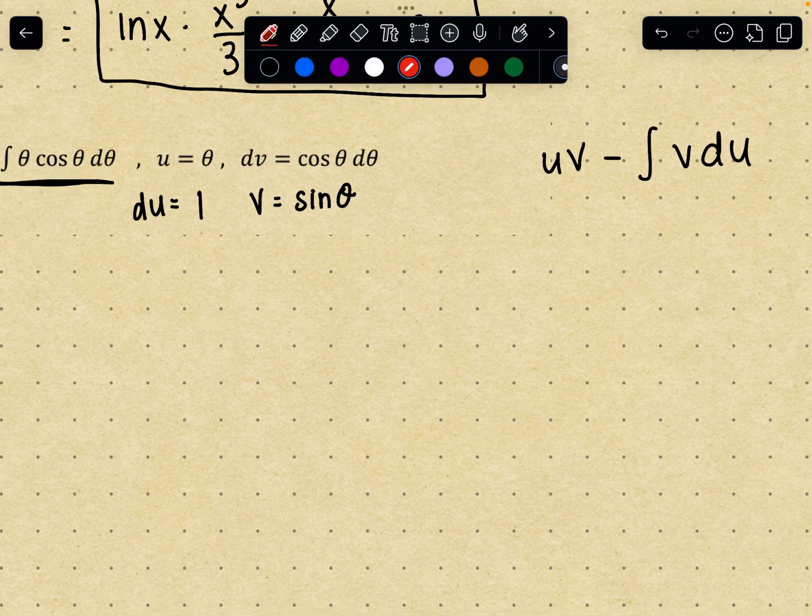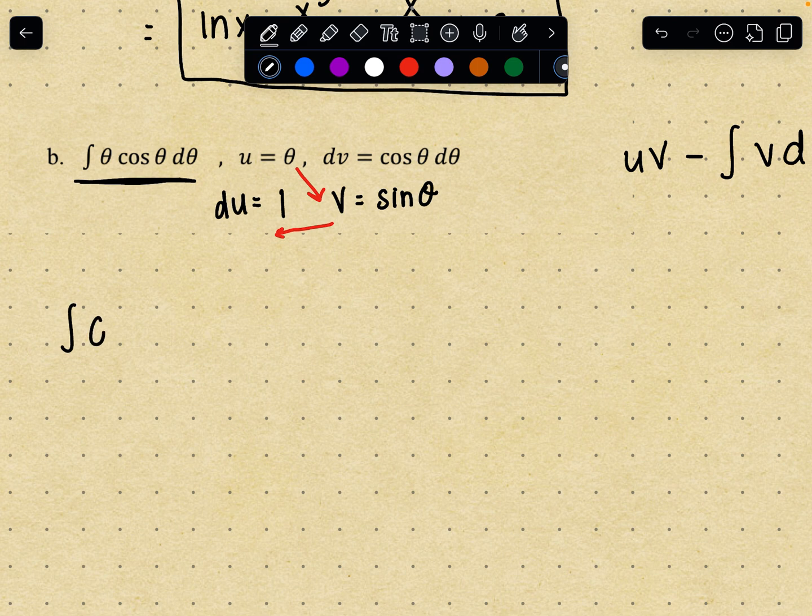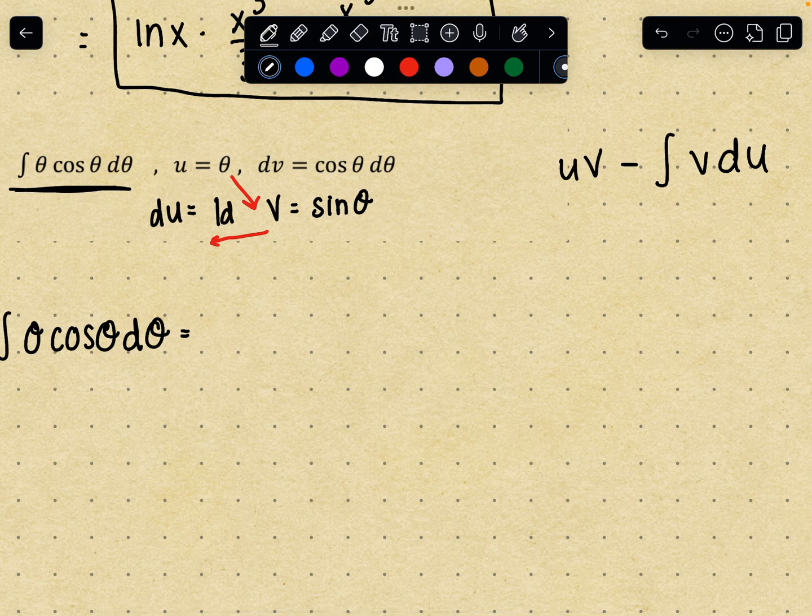Okay. So now we just throw all these pieces into this formula. Again, the way I remember it is I go across and then here. So this integral theta cosine theta d theta becomes, all right, let me write d theta here. Okay, so we get u times v. So I get theta times sine theta, and I'm going to subtract the integral of v times du, just sine theta d